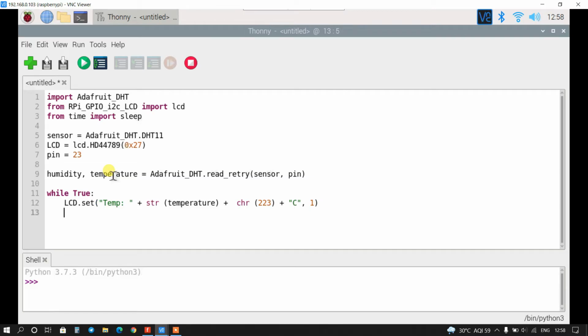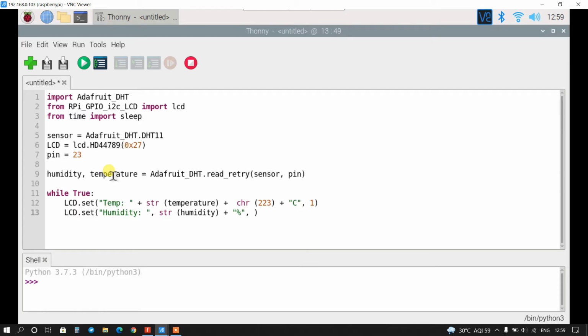Now it is correct. Now I will print humidity. So LCD.set humidity, plus I will print here percentage, right?